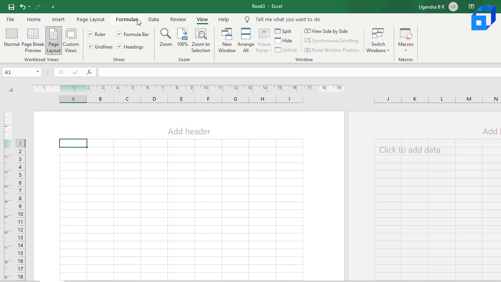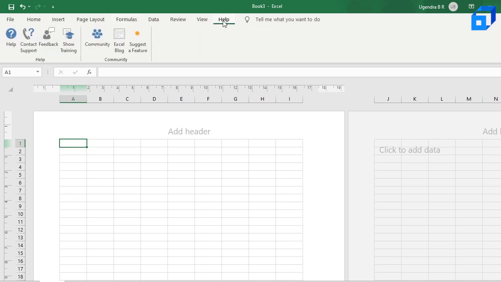That's page layout. And now if you go to the help ribbon, you have the help icon over here. So this can be used when you're stuck somewhere in Excel. If you're stuck in formulating anything or calculating anything, you can click on the help icon and proceed with it. So that's just it about the Excel ribbons.